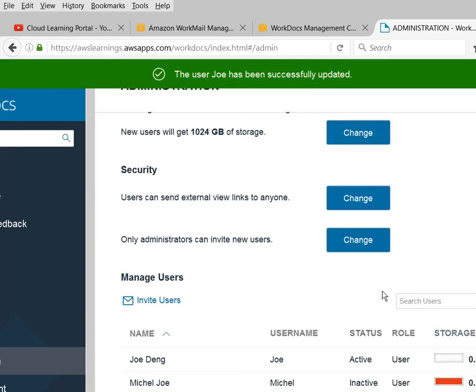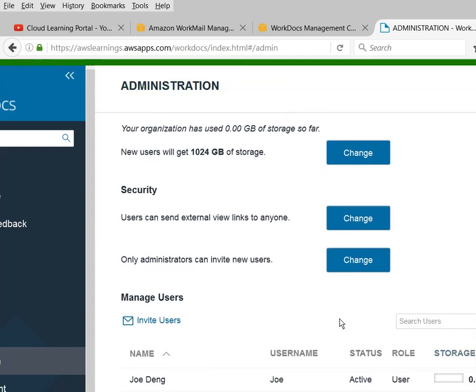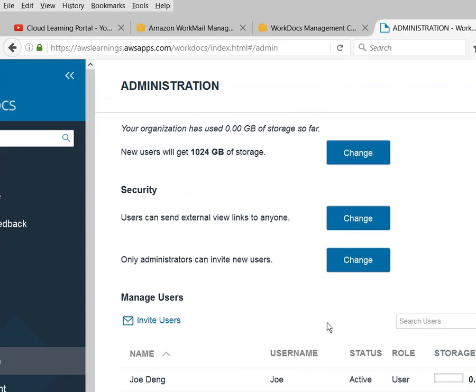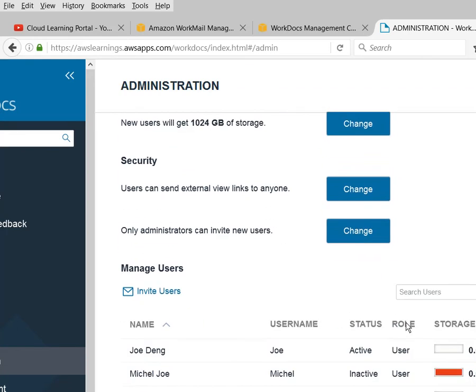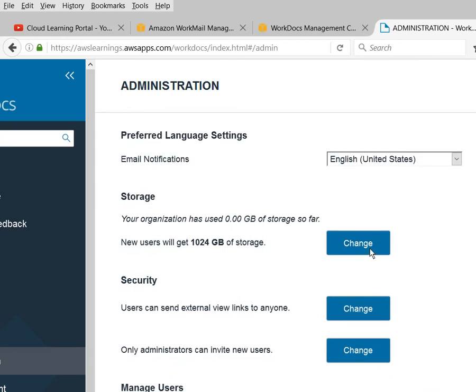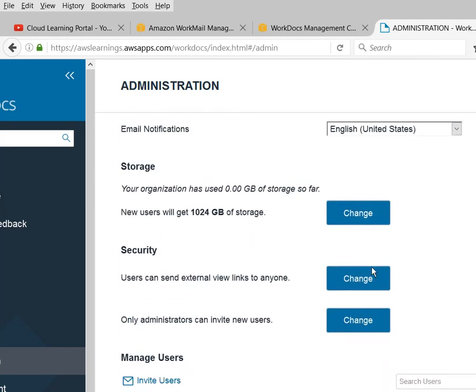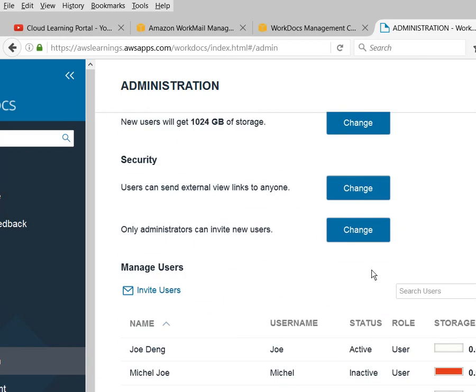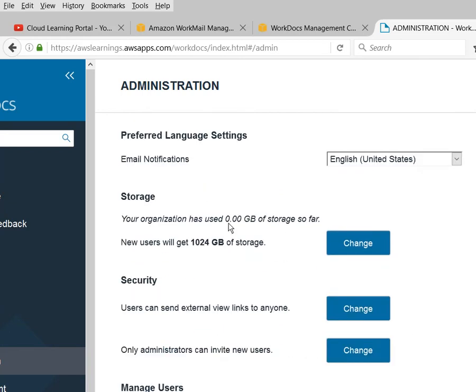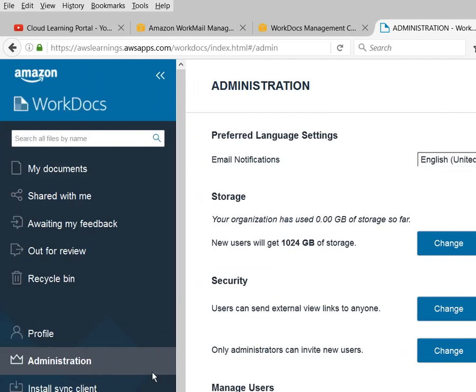So here you can see that I made the user Joe an active user right now. So now Joe should be able to log in to this account, and he can store up to 10 GB of documents. If you want to send an invitation to external users, you can do that also,